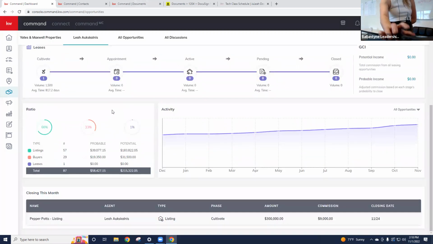And as I scroll down, I just want to show you a couple more graphs that I like. I'll show you your ratio of listings to buyers, your activity. You can change all opportunities to listings. So you can see, did I have an influx in listings in September? Well, what did I do marketing-wise to get those listings three months before? It's a great way to track your productivity, especially if your goal is to be more listing heavy